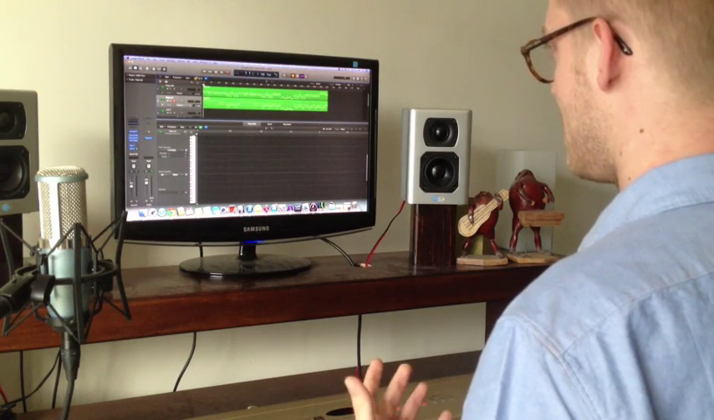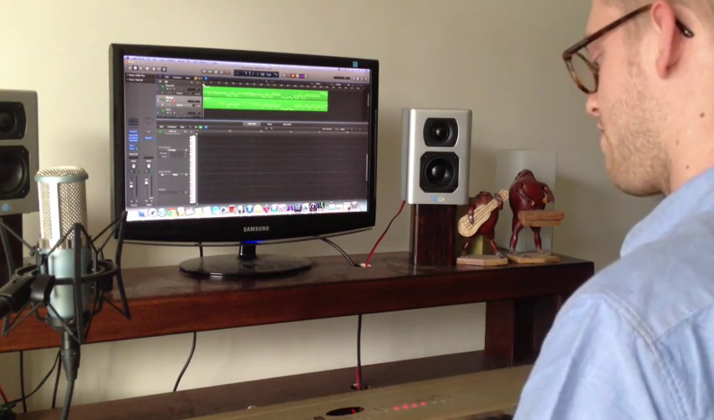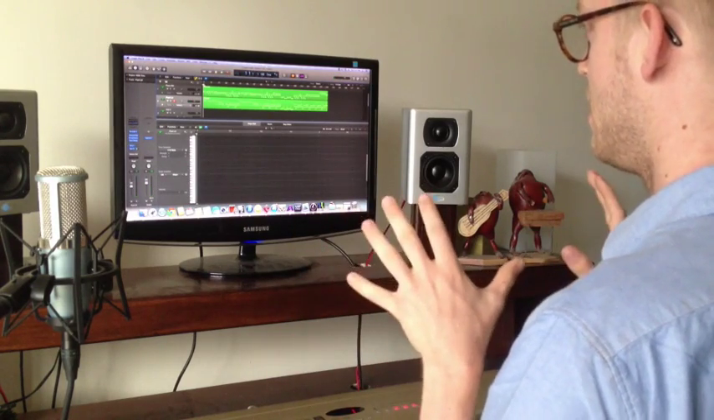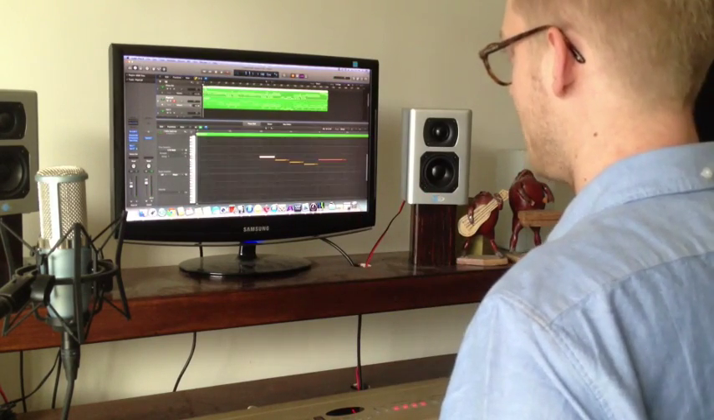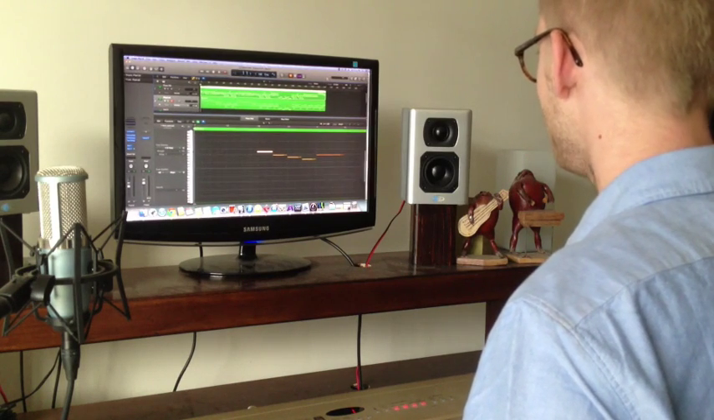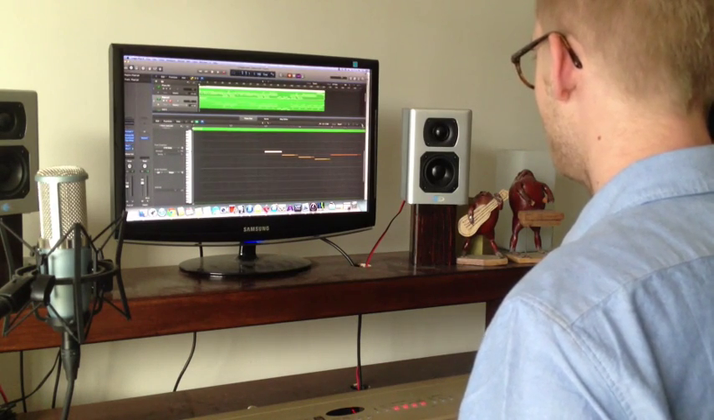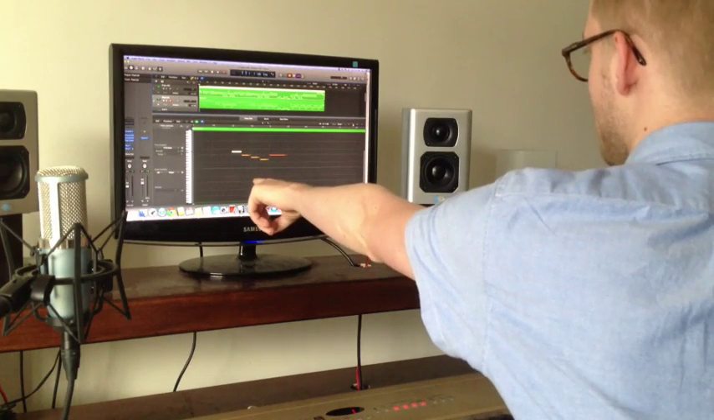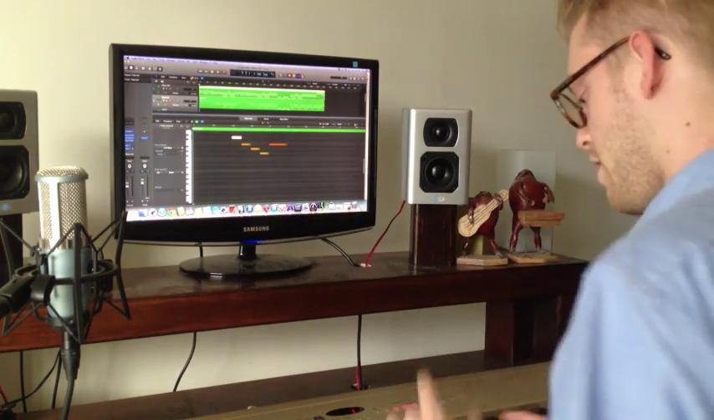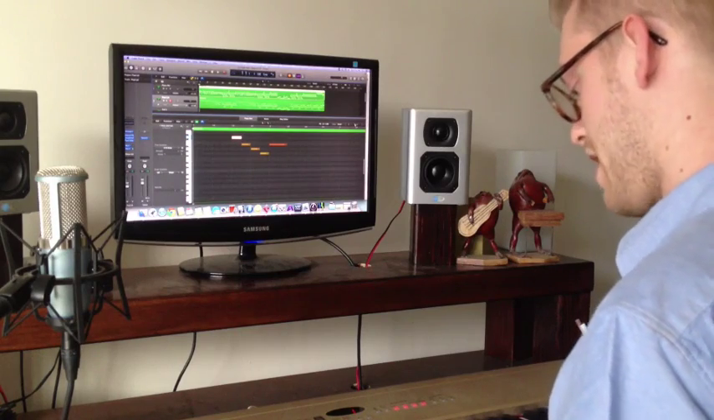But basically what it does is it creates the information that I'm inputting on the keyboard into the computer. And it looks like this. So if I can blow this up a little bit, these are the notes right here that I've played. And it's just like typing on your computer keyboard when you're typing